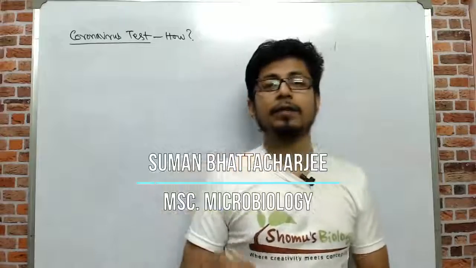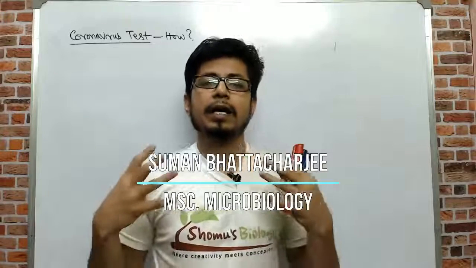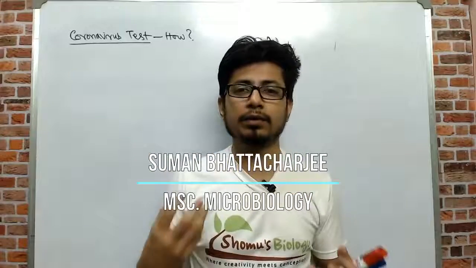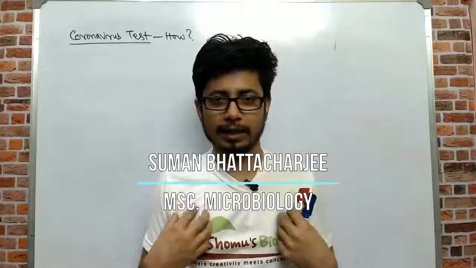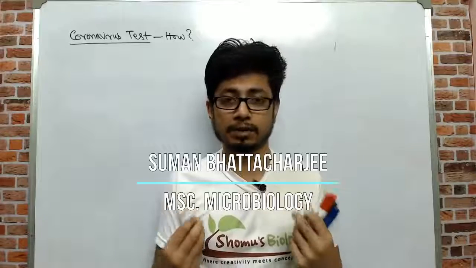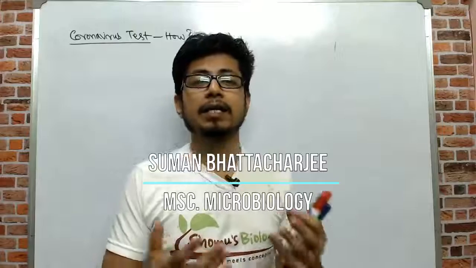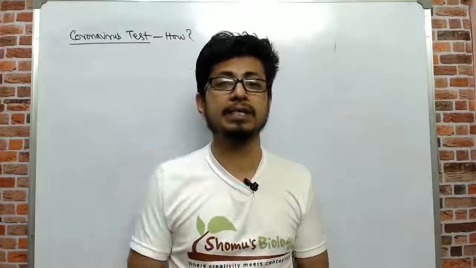Okay, so the very first thing is how exactly we're going to test whether a person is positive or negative for a coronavirus. The easiest thing is to find out the presence of the virus in the body, right? If you find the presence of the virus in the body, you get it. Now, how exactly do we make sure whether the virus is present in a person's body or not? You need to find the virus. But the difficult job is that the virus is not visible with our eye. We cannot even see that with a light microscope.